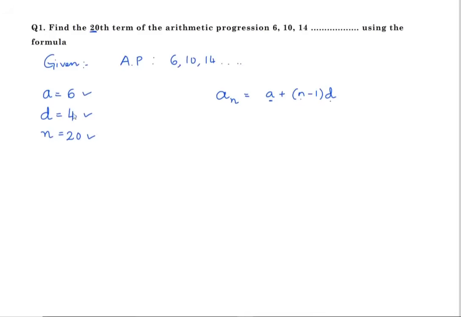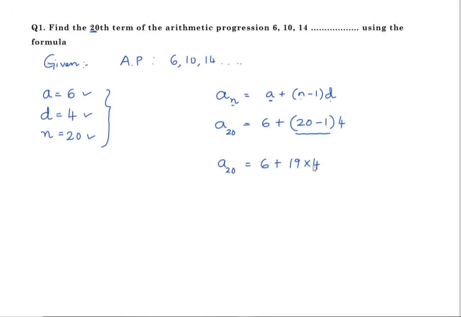Now, substitute all these values in the nth term formula. a20 equals, what is the value of a? a is 6 plus, what is the n value? n value is 20 minus 1, as it is, and the value of d is 4. Now, a20 equals 6 plus, always simplify the terms inside the bracket, that is 20 minus 1 is 19